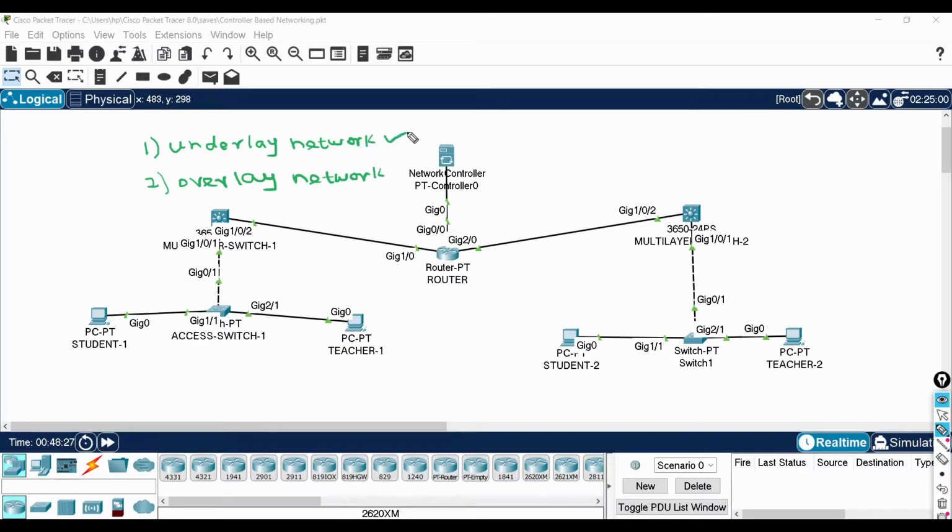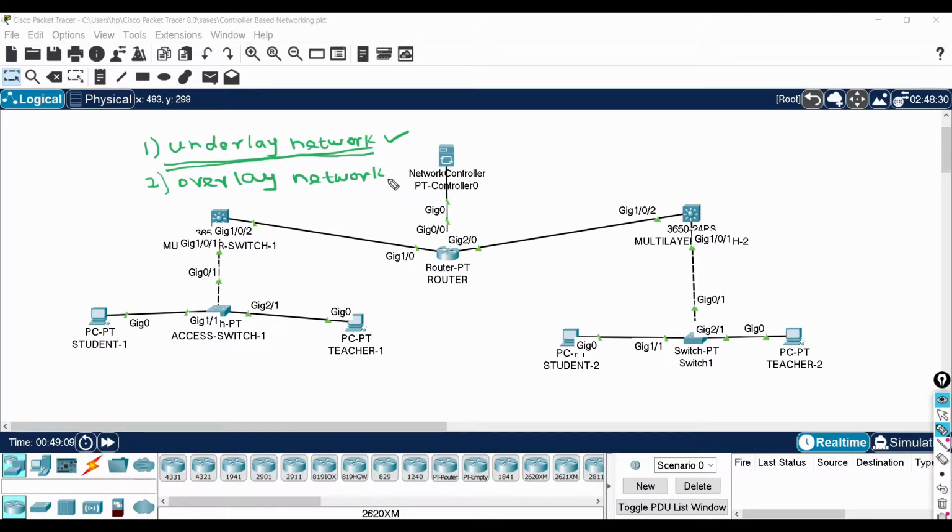First, let me explain the underlay network. We have to learn a new approach in network management. It doesn't mean that you have to forget all the fundamentals that you have learned. The underlay network is purely based on traditional networking.